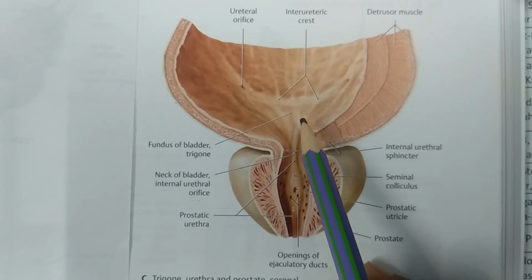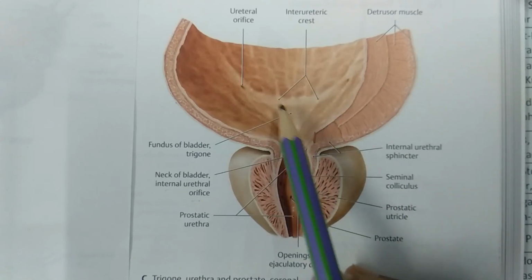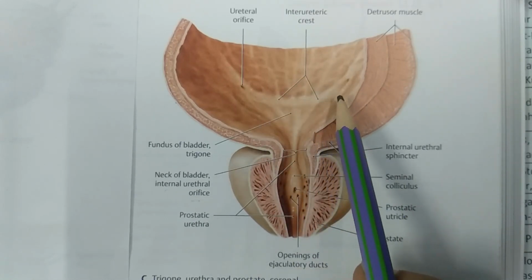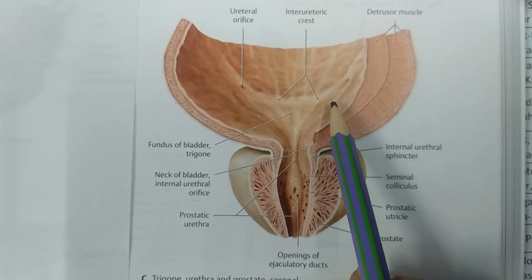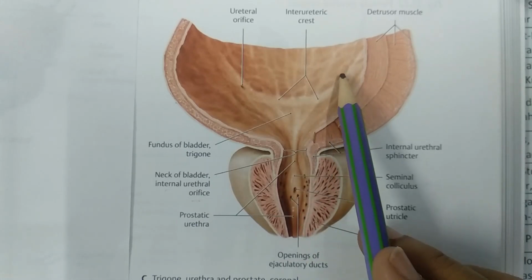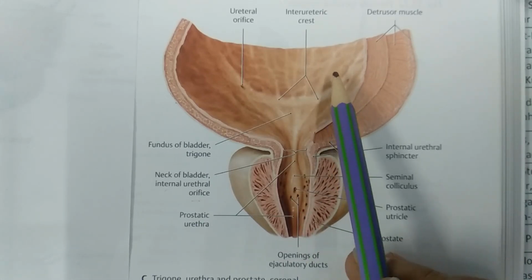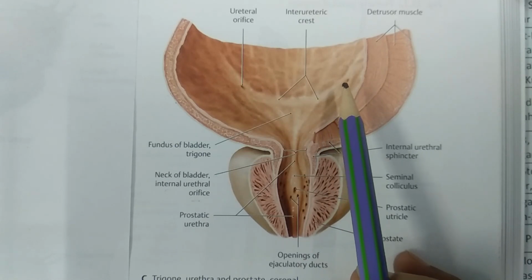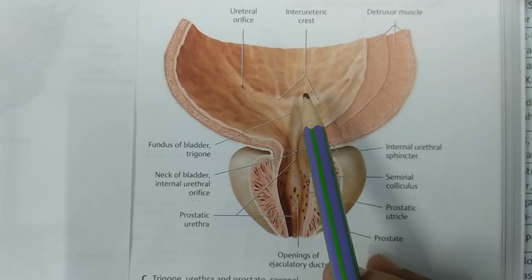Some authors believe that the submucous coat is absent in the entire bladder, but for us there is a submucous coat which consists of loose areolar tissue, and it covers all over the bladder. The last one is the mucous membrane that covers the entire bladder inside. It is lined by the transitional epithelium, or you can say the urothelium, which is urine proof and devoid of muscularis mucosae and mucous glands.